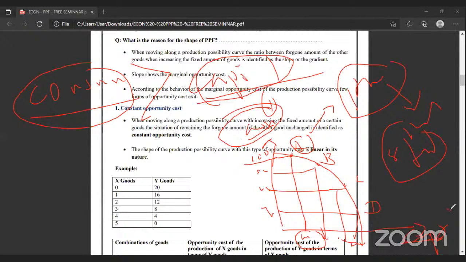But capital goods only will decide economic growth. Some countries have the capacity of producing capital goods. Take Japan. How about the economic growth of Japan? Because they are producing mostly capital goods. What about China? We are importing raw material from China. That means the capitals are imported from China. What about Germany? We are importing machinery. Super advanced machineries are imported from Germany. Most of the European countries are exporting capital goods. You must understand, if an economy is producing more capital goods, it will accelerate the economic growth. Quickly.